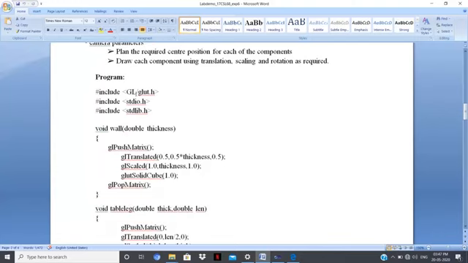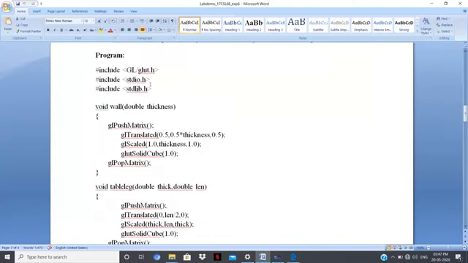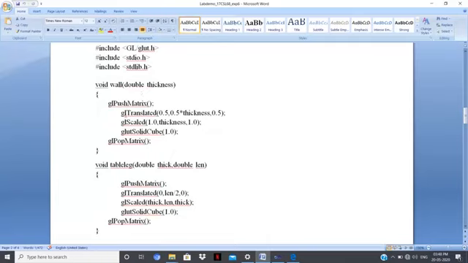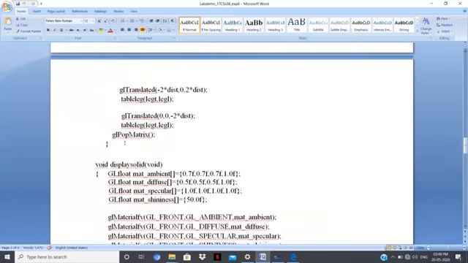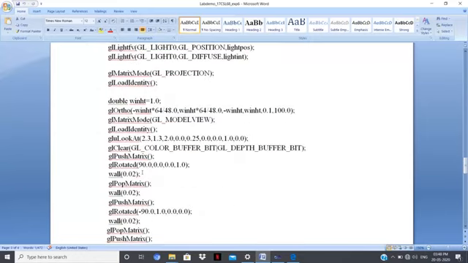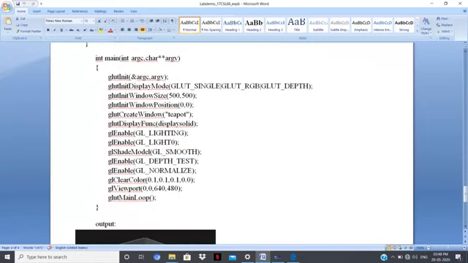So let's see the program: GL/glut.h, stdio.h, stdlib.h. Here we have a wall function, a table leg function and a table function, and we have a display solid function, and a main function. We'll start with the main function. glutInit is used to initialize the glut library, and glutInitDisplayMode sets the display mode with single buffering, an RGB color buffer, and a depth buffer.